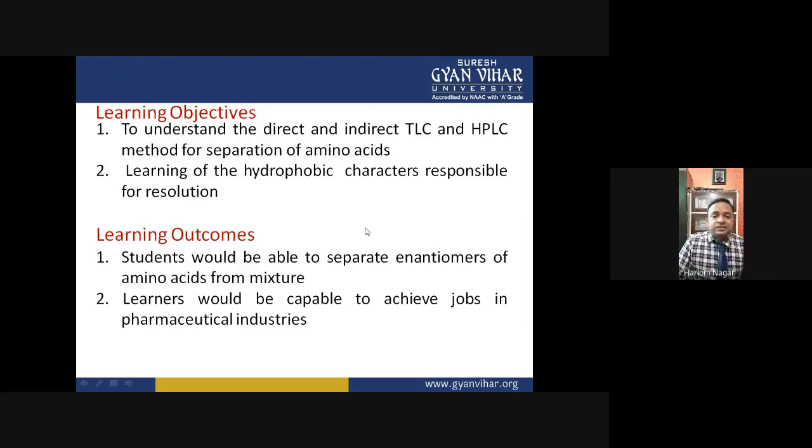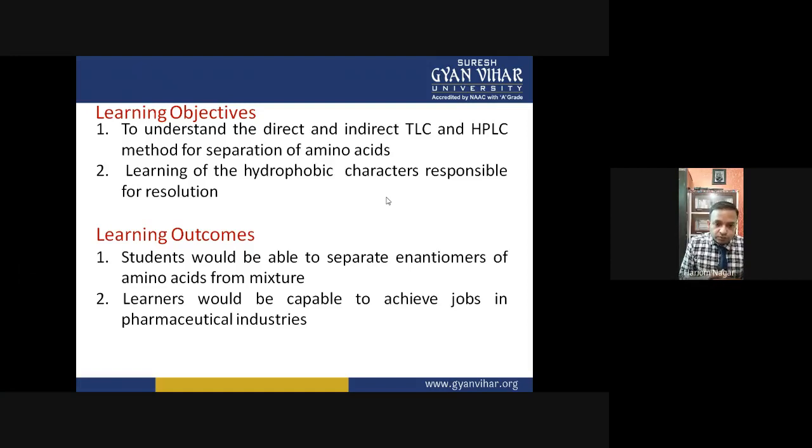When we react this methionine with the chiral diazoxide reagent, it is converted into diastereomers, and diastereomers have different physical and chemical properties. Of these physical properties, the hydrophobic character of the R and S diastereomers is different, and they interact differently with the stationary phase of the HPLC column.